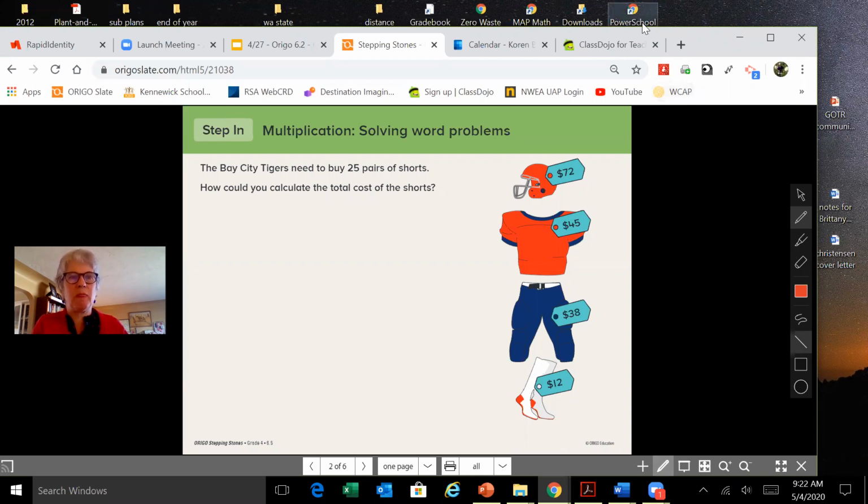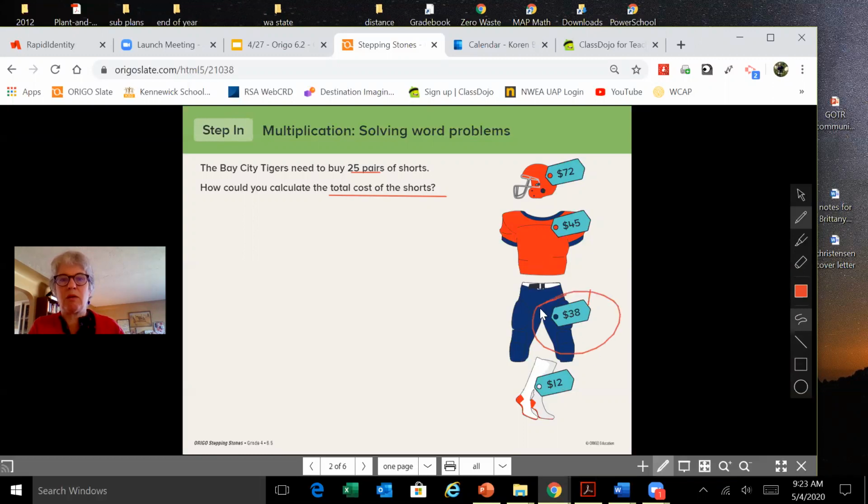So it says here, the Bay City Tigers need to buy 25 pairs of shorts. Okay, and how could we calculate the total cost of shorts? So I'm underlining those important details, and I see I've got helmet, I've got a shirt, I've got pants or the shorts, and I've got socks. So basically, I've got three things that I don't even need to worry about, and so that's extra information. But there are my shorts, and